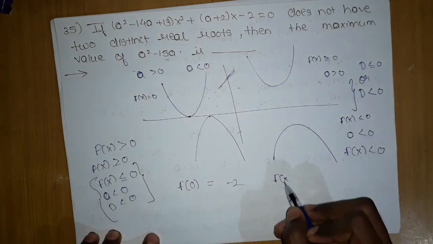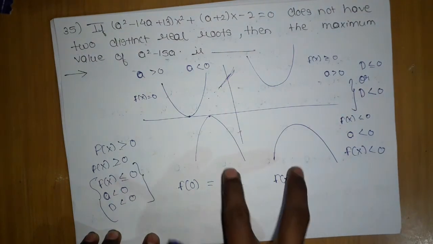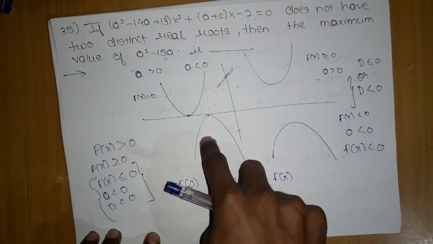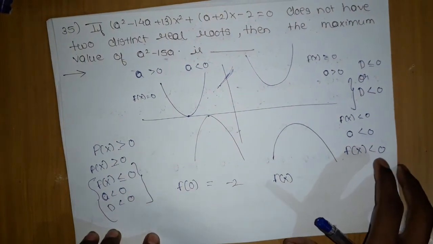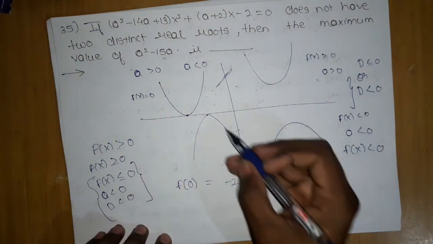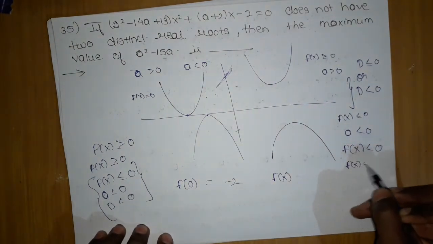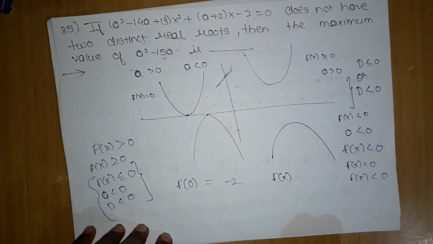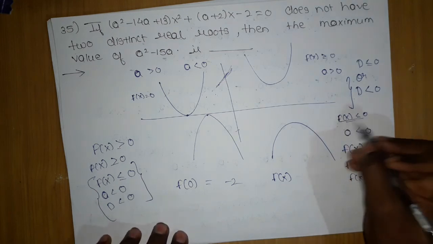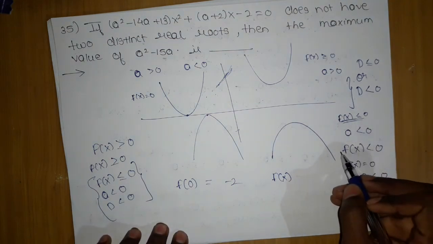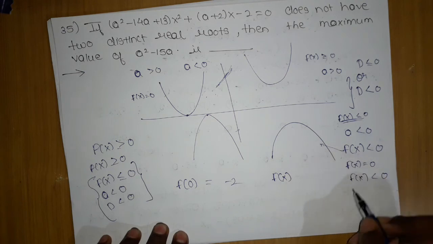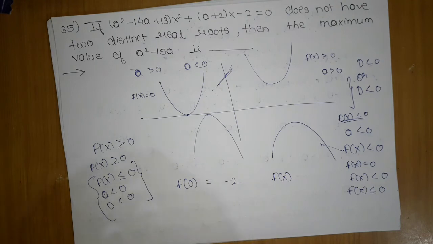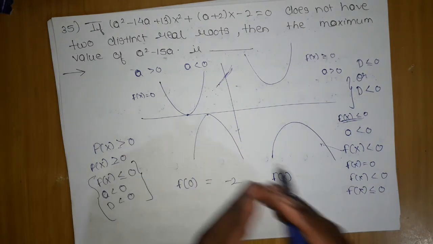Now I don't have any extra equations to differentiate whether it will be this condition or this condition, so I have to take both. This condition is f of x equals 0, and this condition is f of x less than 0. I have to consider both. Separately, this equation is for this one. So what condition will we use, because we cannot differentiate between those? I don't exactly know whether it can be this parabola or this parabola.